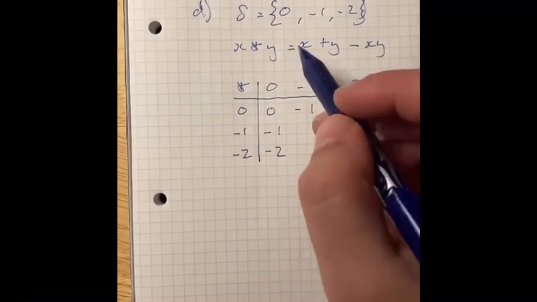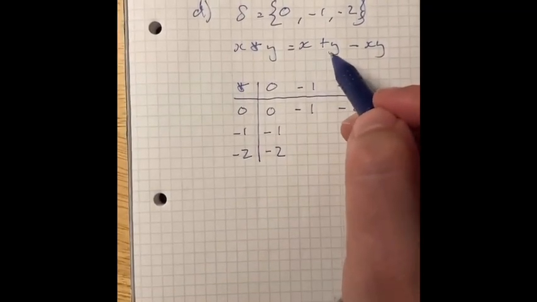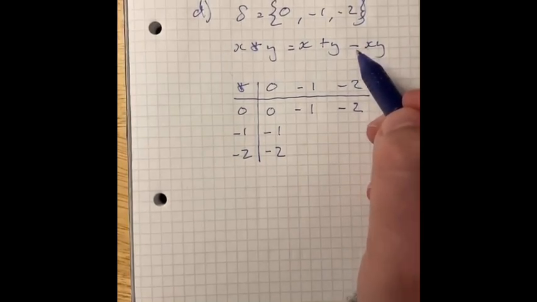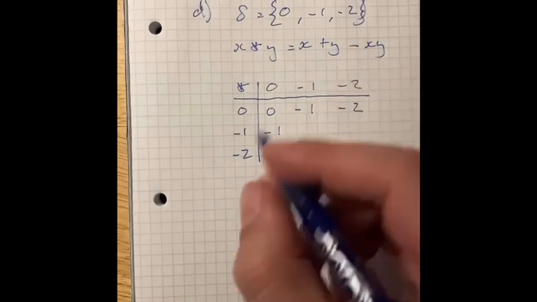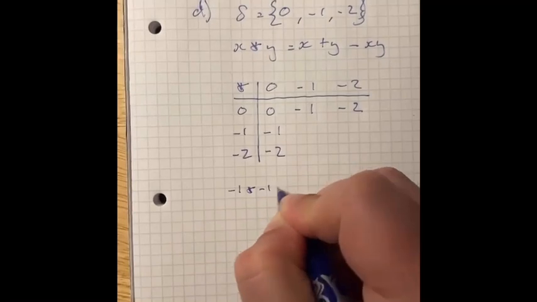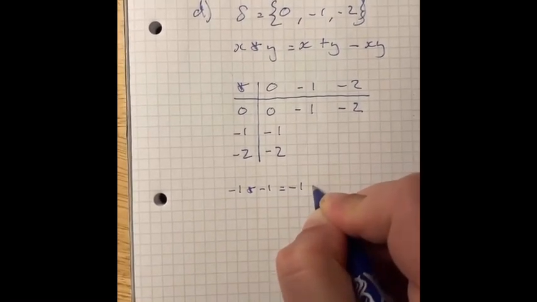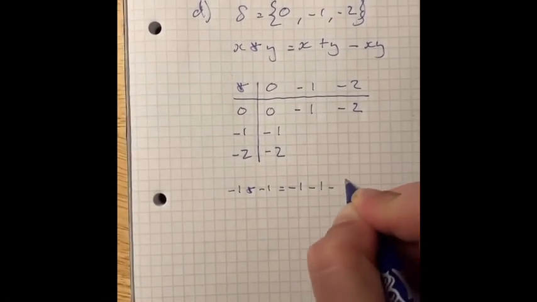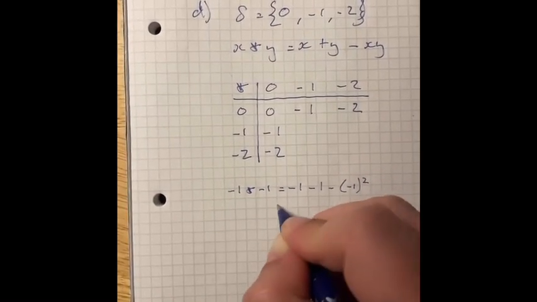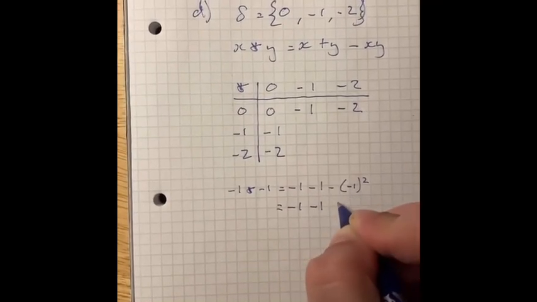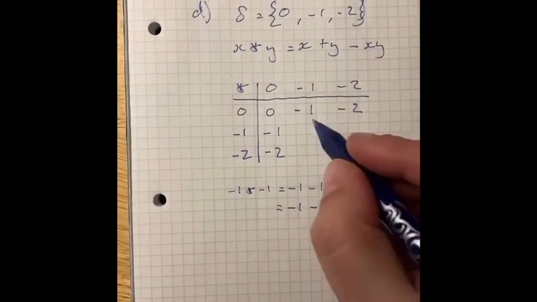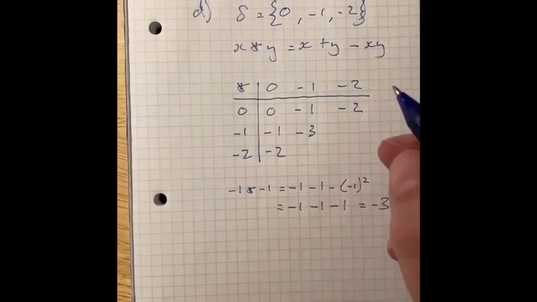-1 star -1, you've got -1 plus -1, which is -2, minus, and then -1 all squared. So let's write this out to make it clear. -1 star -1, it's -1 plus -1, which is -2, minus that all squared, and that's a plus. So it is -2 -1, which is -3. Okay,